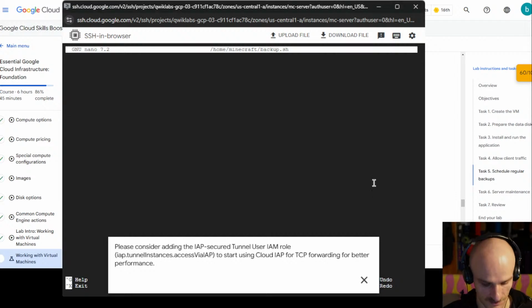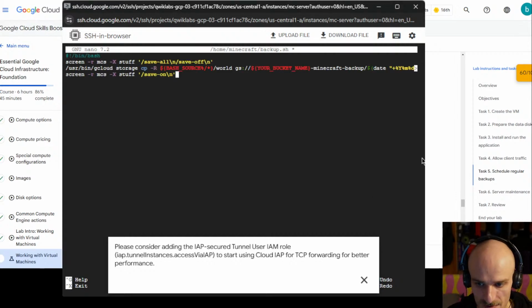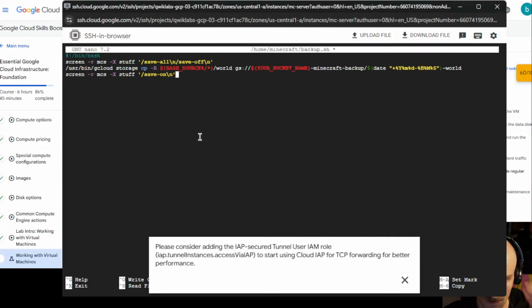Okay, so in the file we'll put this script here. We can measure it better here. So screen, save all, save off. Okay, so we reattach. We bring the process to the foreground, basically. Then we